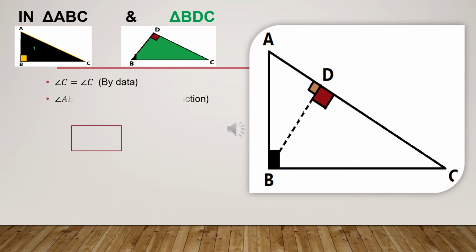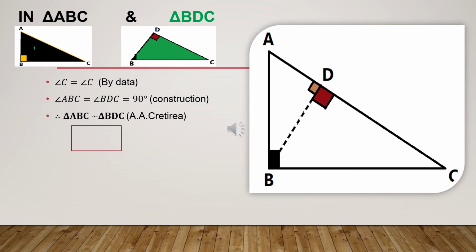Also, angle ABC is equal to angle BDC is equal to 90 degree by construction. In two triangles, if two angles are equal, then the two triangles are similar by AA criteria. Therefore, we write triangle ABC similar to triangle